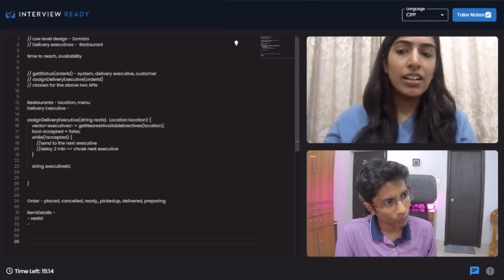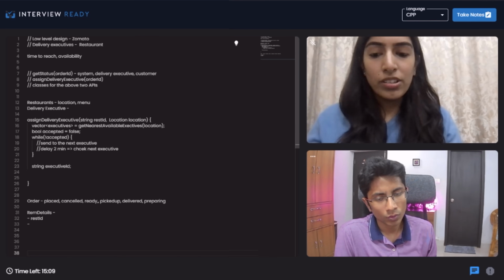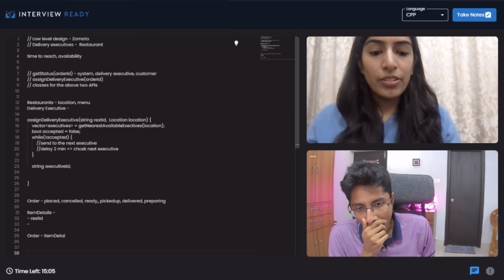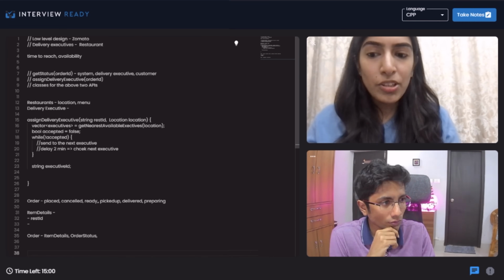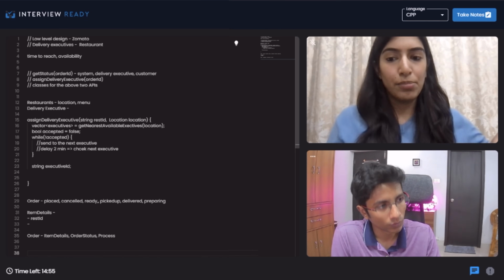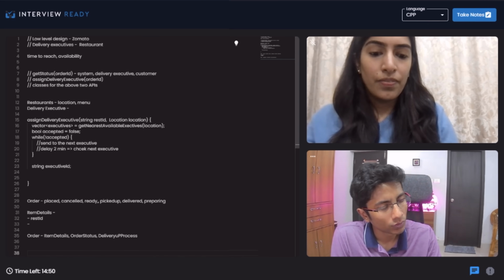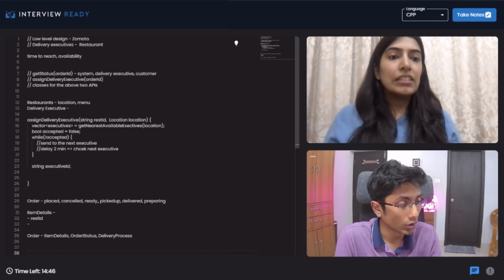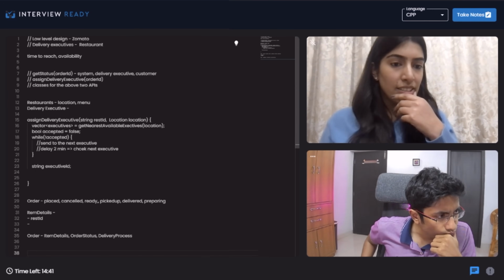Now my order will have item details also. It will have order status, and there will be an object of process, like the entire delivery process that happens. Maybe something like delivery process. This is going to be storing all the changes, all the things which happened. Does that make sense?